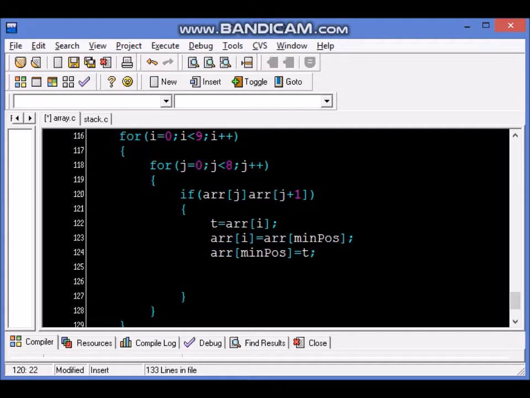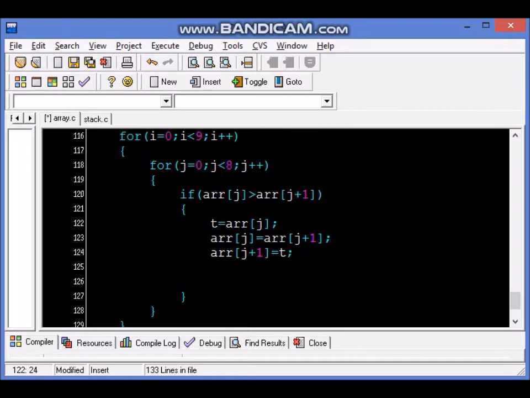When j is bigger than j plus 1, then we should swap it. So j, in lowercase, and instead of min position it will be j plus 1, and j plus 1 will be replaced with t.